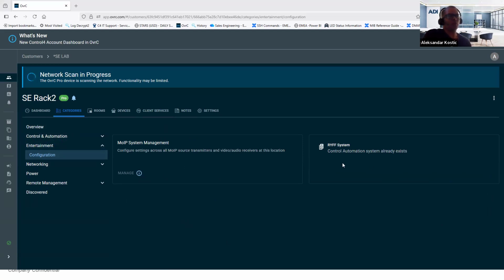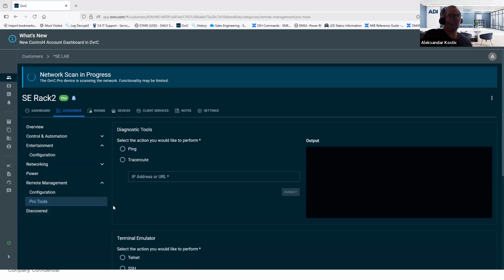The entertainment part is in charge of the MOIP system, if you have Binary and media over IP, and for the RIF, for the SA1 registration as a standalone device. Furthermore, you have networking for all network related, including the group management of the Wi-Fi. You have Wattbox power supply control, and remote management is related to all the tools which are available from OvrC